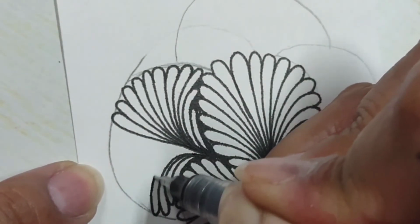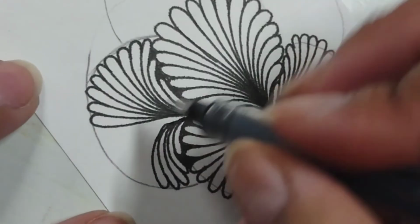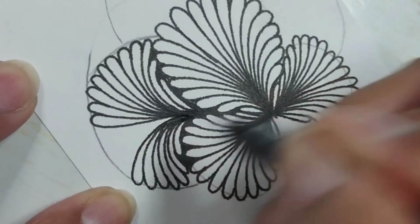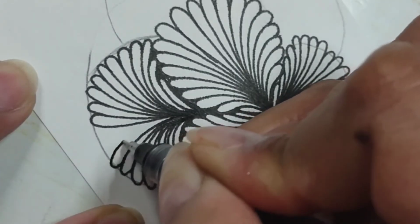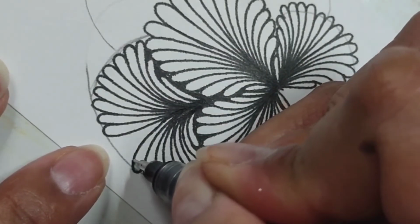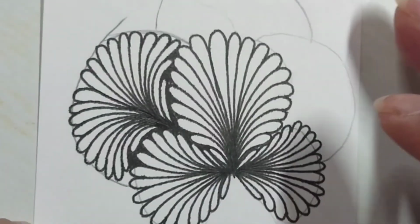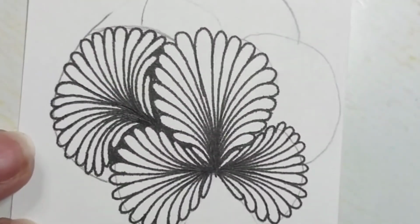Now I'm going to continue adding these. They are very curved. Notice it's getting very tight in there. That's okay. I'm just going to do my best to fit them in there and make sure that they stay curved. So here's another one. There it is. And the next one. So I tend to start on the outside and I head in. Start on the outside and head in. I think this is going to be the last one. Okay, so I'm good with that. So there you have it. On this next one,